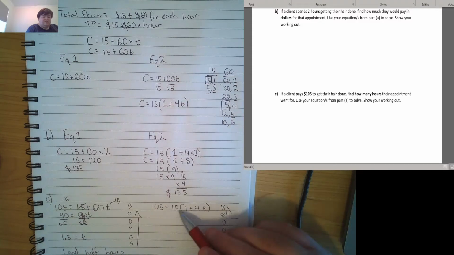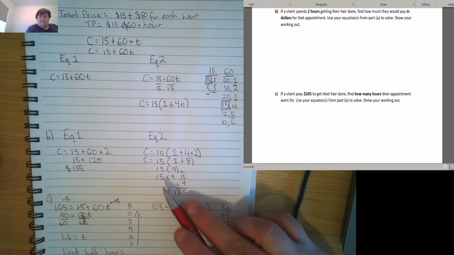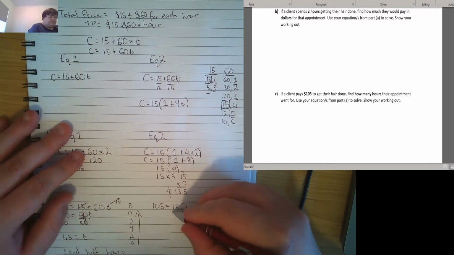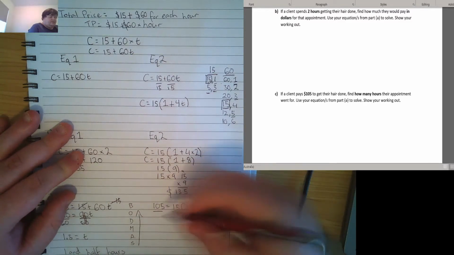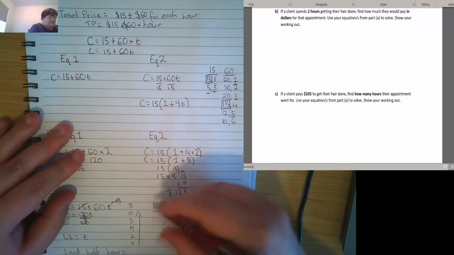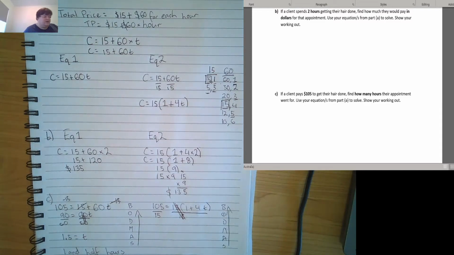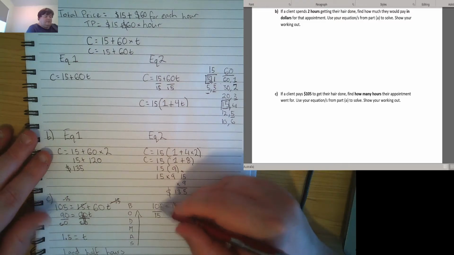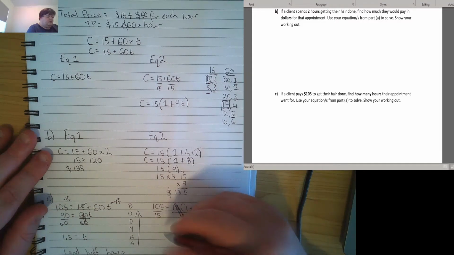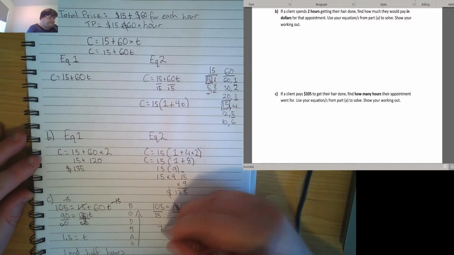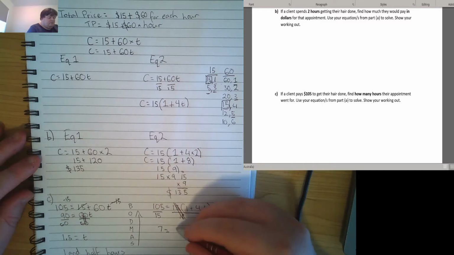So the first thing is this 15 times. Remember how we times 15 by 9 here? This 15 times has to be undone. So we need to divide both sides by 15, which will cancel out these two, because 15 divided by 15 is just 1, which is nothing. And here I've got 105 divided by 15, which should give me 7. So 7 equals